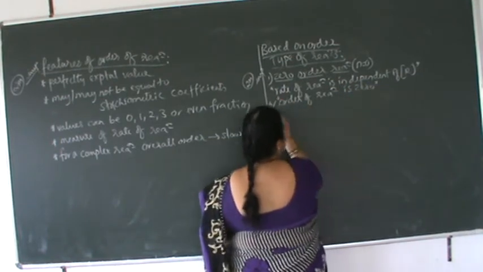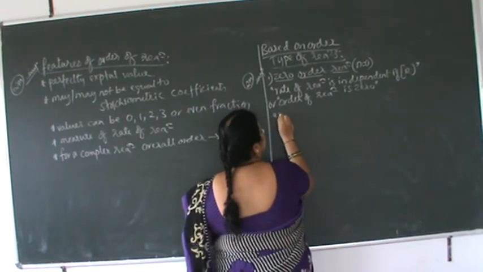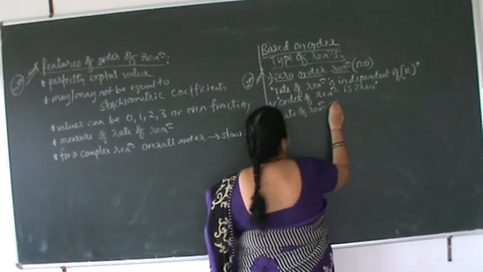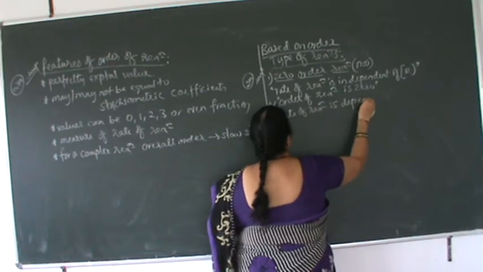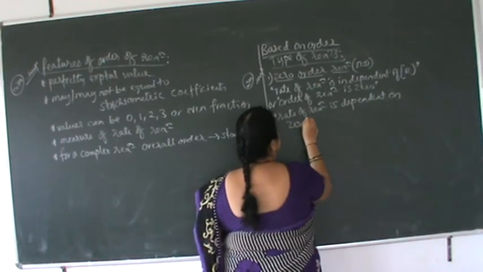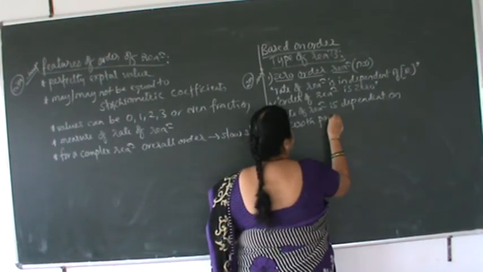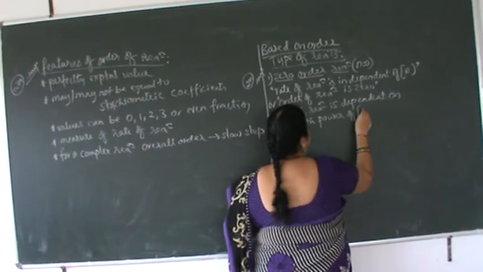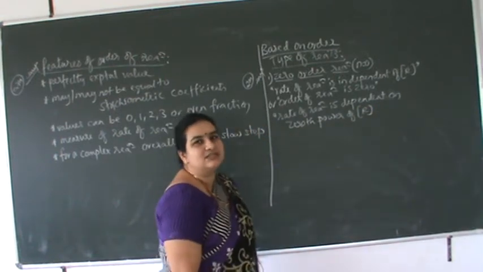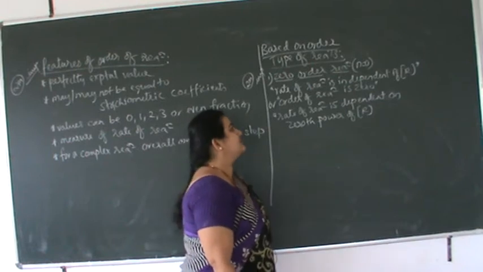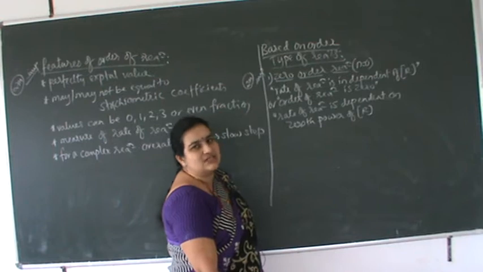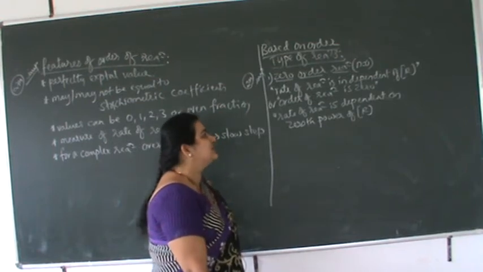Or third definition, rate of reaction is dependent on zeroth power of concentration of reactants. In 3 ways we can define the zero order reaction. The first definition is rate of the reaction is independent of concentration of reactants. Second definition, order of the